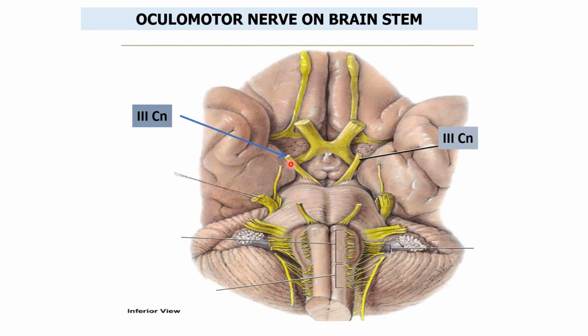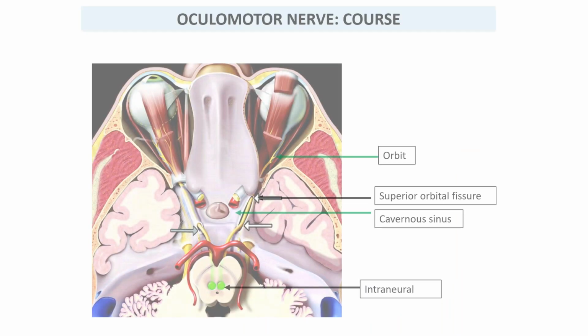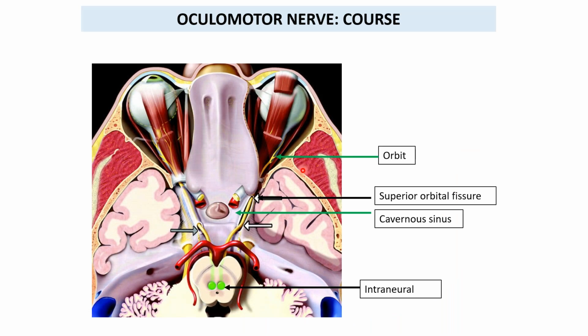Again, the summary where the cranial nerve, this oculomotor nerve was arising at the level of the midbrain. So this was the crus cerebri from the anterior aspect of it. At the level of the midbrain, the cranial nerve, third oculomotor, was arising. Now let's see the course of this cranial nerve. So we have discussed with the nucleus, we have discussed what was the level of origin of the oculomotor nerve. They were arising where? In the intraneural part. They were arising at the level of the midbrain.